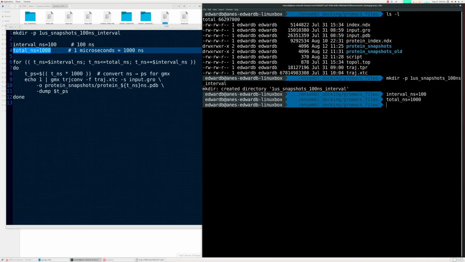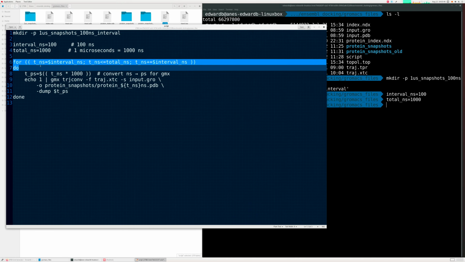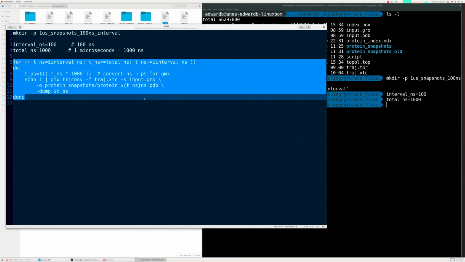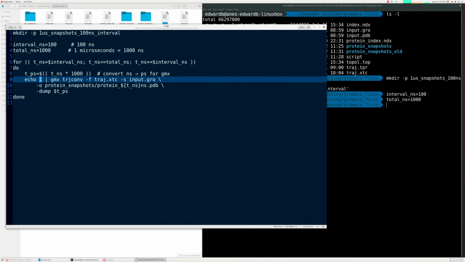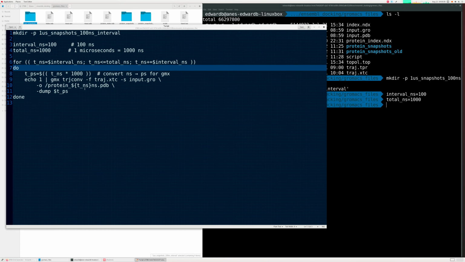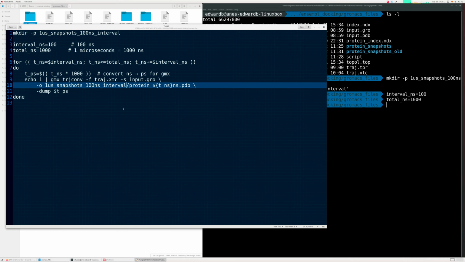So first you make a directory, and then you provide all these commands, which is the interval that I require is 100 nanoseconds. So per se, I have done this for 1 microsecond. Actually, I've done it for 2 microseconds, but per se, I have done it for 1 microsecond. Then you need intervals from 100 nanoseconds. Okay. And by utilizing this particular script, what you have to do is input this for loop,